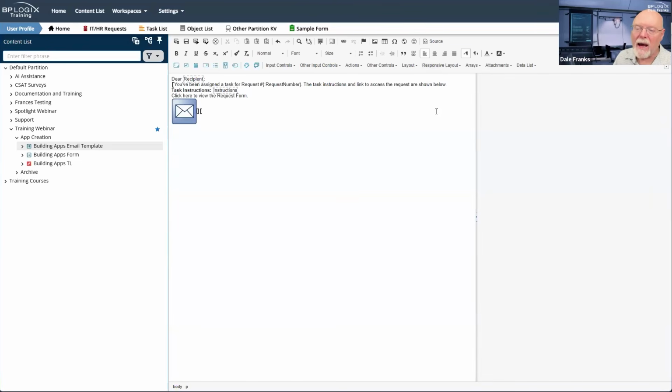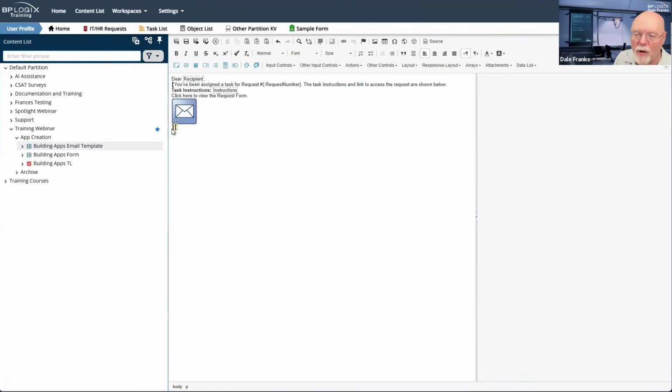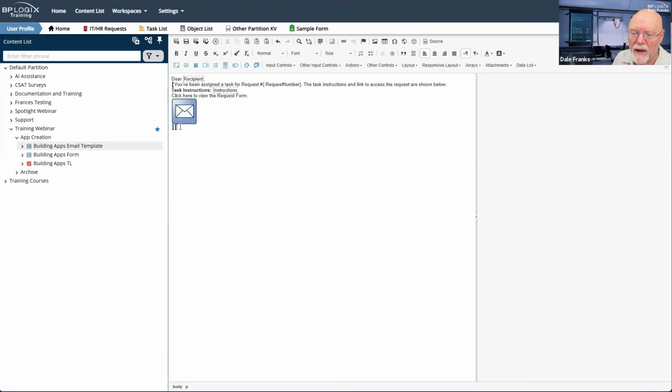I can just hit enter here. Because my line break from where my email data control is, that line break is contained inside my embedded section, it will not show up. There'll just be an extra blank line at the bottom of the email, and who cares? Nobody will see that anyway.